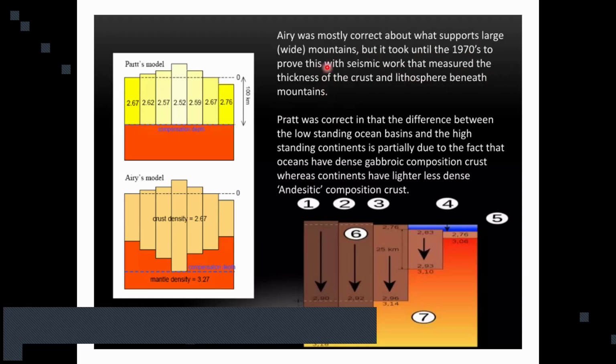It was during this time that we discovered, based on the Airy model, that mountains definitely have roots. Pratt was correct in that the difference between the low-standing ocean basins and the high-standing continents is partially due to the fact that oceans have